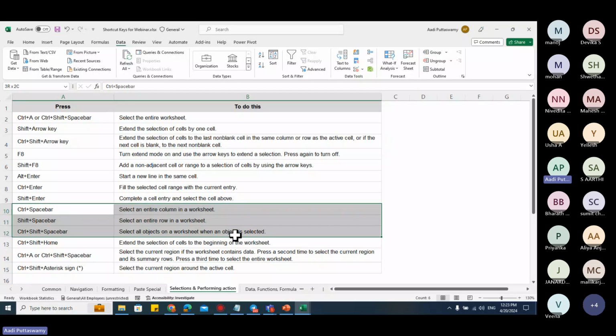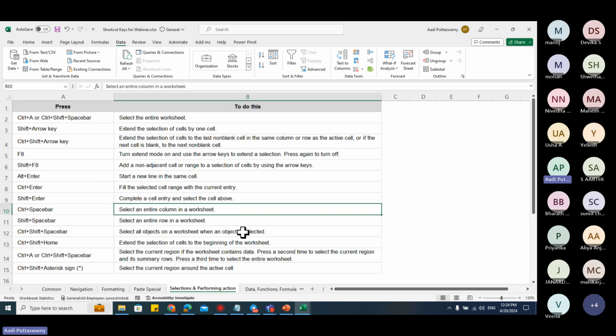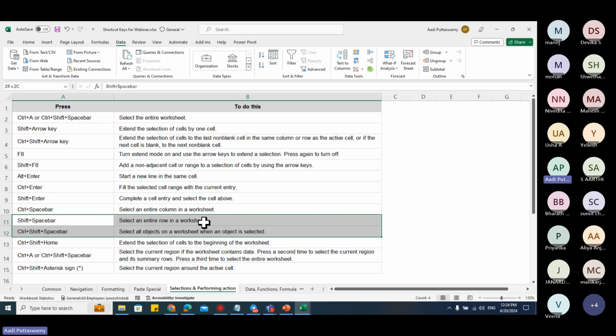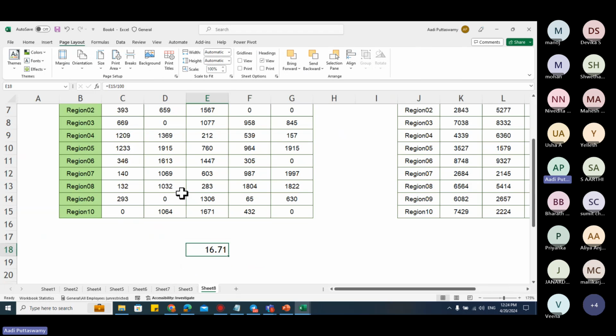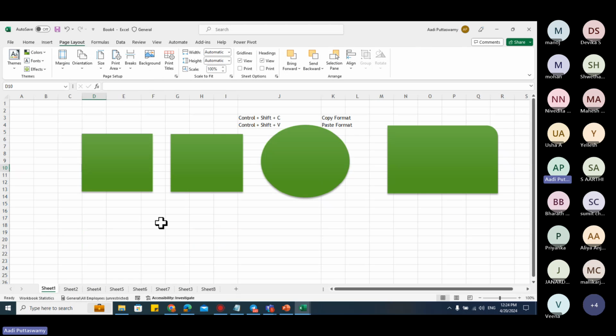See, control space bar, shift space bar, I told you. Control space bar will actually select the entire column. Shift space bar will select entire row. The shift plus control plus space bar, it will select the object. Say, for example, I have some objects here. Okay. I want to select this object. Say control shift space bar. Select this. See,